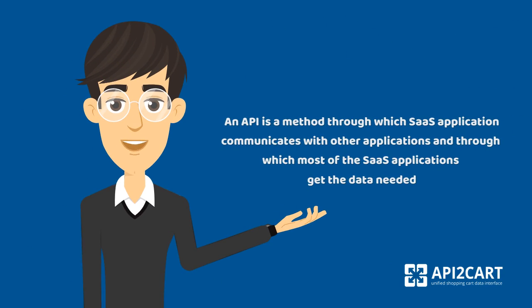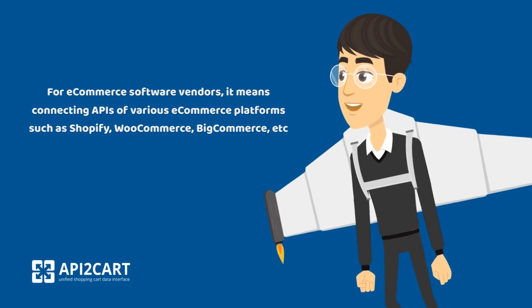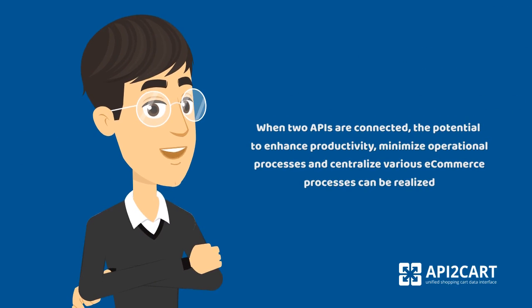An API is a method through which a SaaS application communicates with other applications, and through which most SaaS applications get the data needed. For e-commerce software vendors, it means connecting APIs of various e-commerce platforms such as Shopify, WooCommerce, BigCommerce, etc. When two APIs are connected, the potential to enhance productivity, minimize operational processes and centralize various e-commerce processes can be